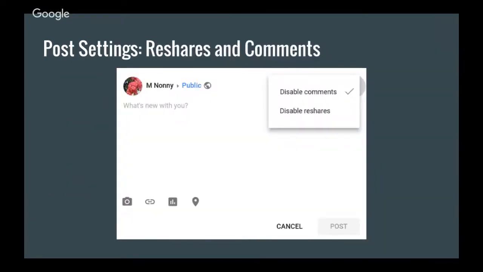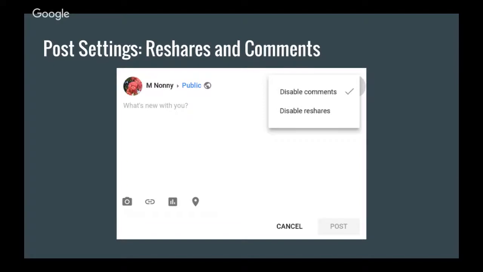And one other thing I wanted to mention is that there are settings for posts. You can click the little 3-dot menu icon at top right of the post window, and you can turn off comments and sharing on the post. So if you have a post you really don't want to get any direct responses to, you can turn those off.